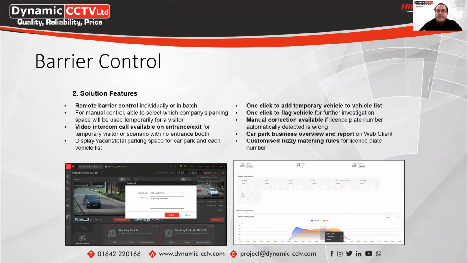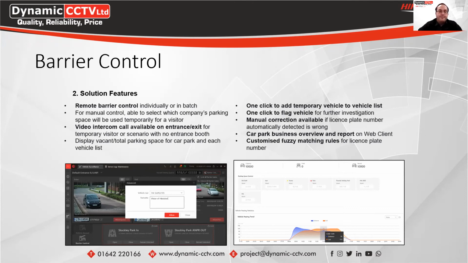For the barrier itself, it can work in two different modes. So you can have it set when the operator gets an alert through onto their control client. If, for example, they're sat in a gatehouse, it will come up on the control client with a capture of the vehicle and say, do you want to allow the vehicle into the car park or in through the barrier? So you can have an operator or security guard manually operate the barrier and they have control